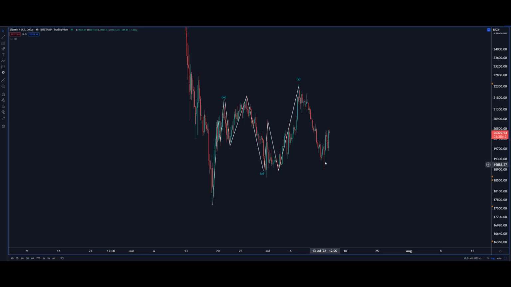This really doesn't look 3-wave-ish. It doesn't to me. So I think it looks more impulsive. Maybe 1, 2, 3, 4, 5. And if it is impulsive, then I think what we're maybe looking at is an expanded flat of A, B, C. Maybe this will go to 150 or so. I don't know. But if this is 1, 2, 3, 4, 5, and this here is ABC,